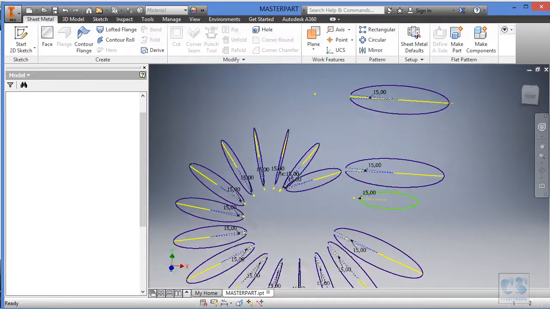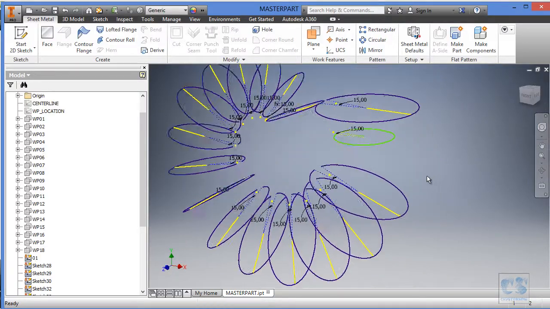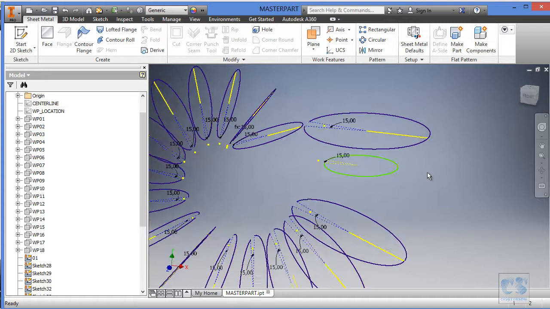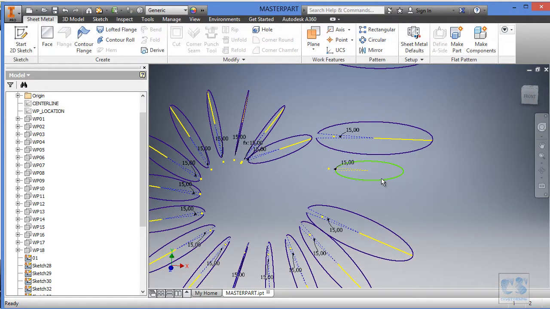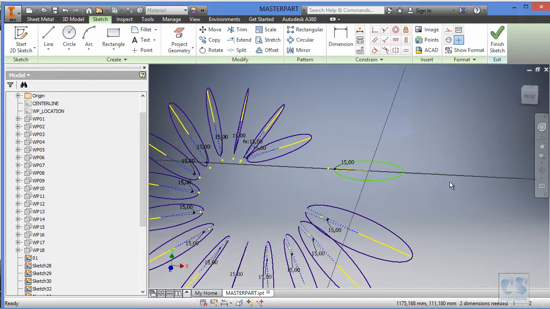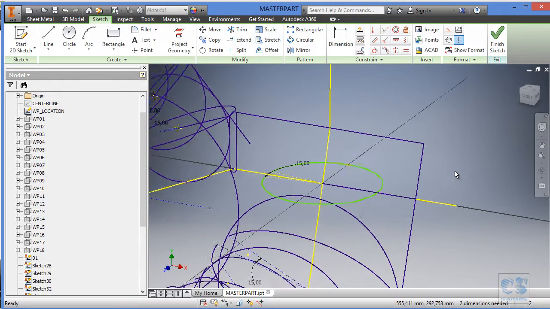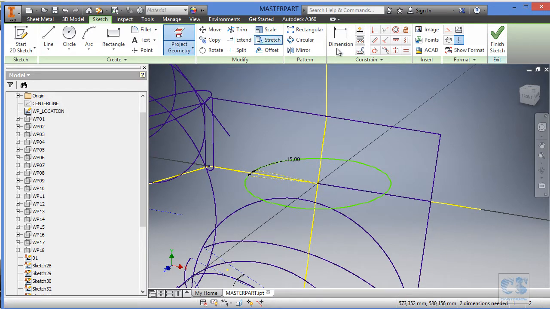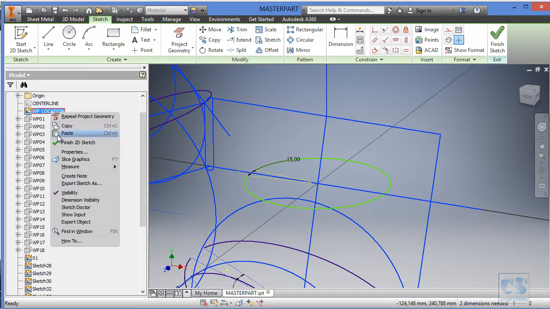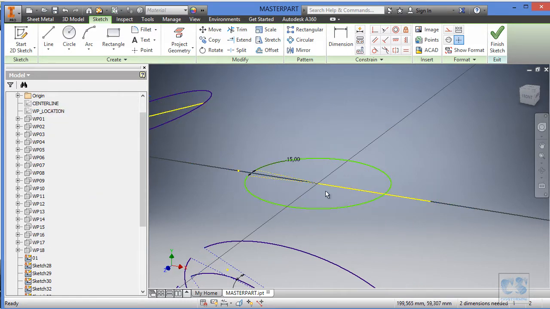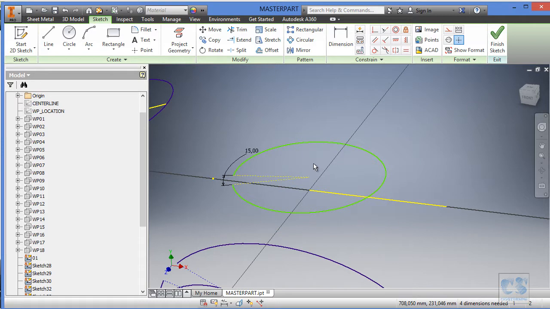So finish sketch, and we have sketch 16 to do, so I will go back to this one, and same as for the other one, I will show the WP location sketch, then project this line and hide this one, and the usual thing, so we will snap this to that and this to this,